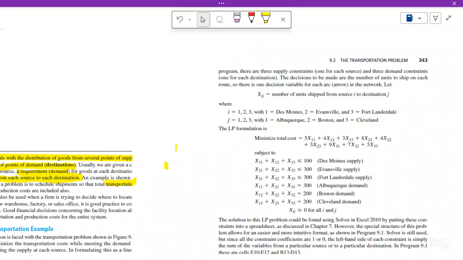There are three supply constraints, one for each source, and there are three demand constraints, one at each destination. The decision to be made is the number of units to be shipped on each route. So there is one decision variable for each arc or arrow in the network. Let X,